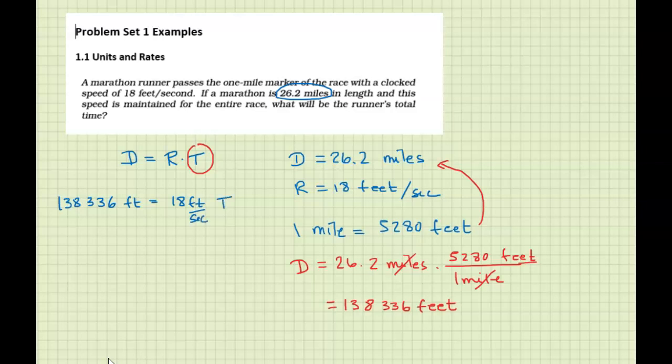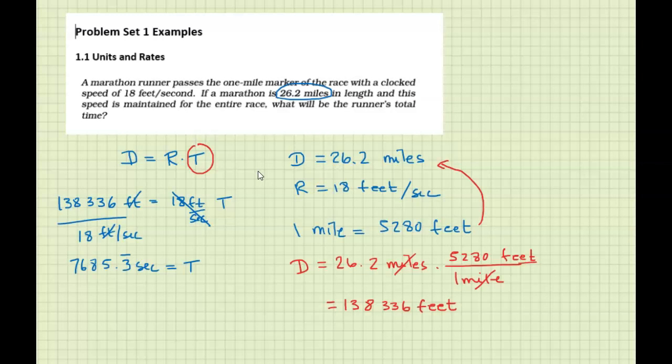To get time by itself, we're going to divide by 18 feet per second. So this will cancel out. All right, so I'm going to divide by 18. And we get 7685.333 repeating, and feet cancels out, and 1 divided by 1 over second becomes seconds. All right, so this is the time in seconds,